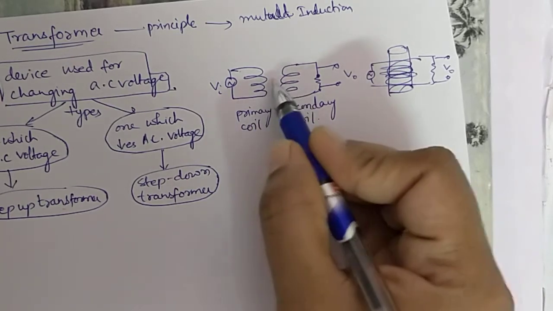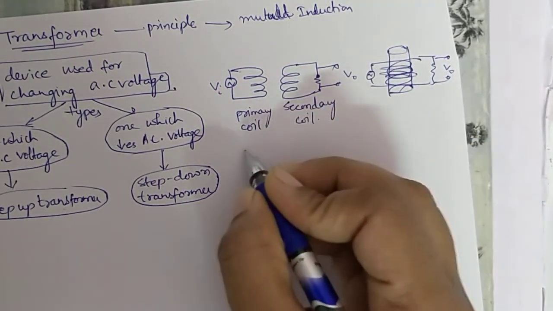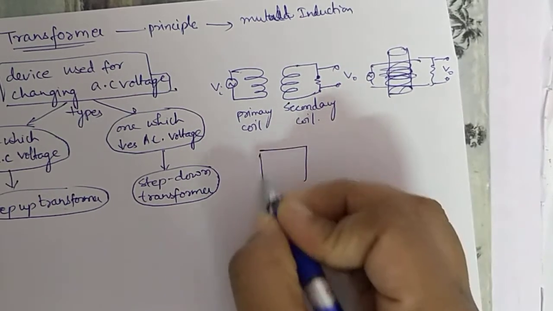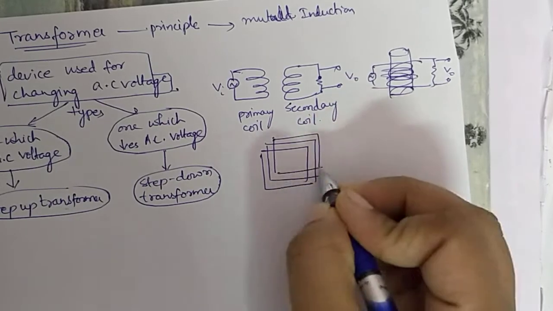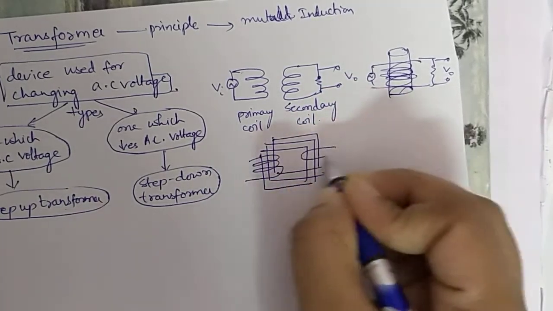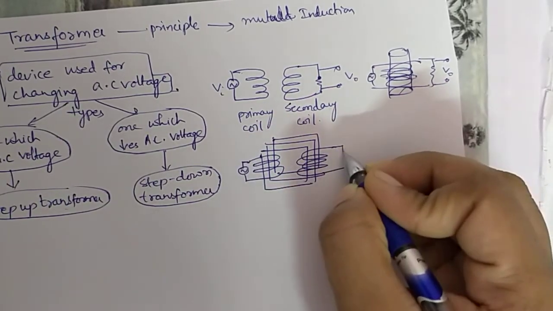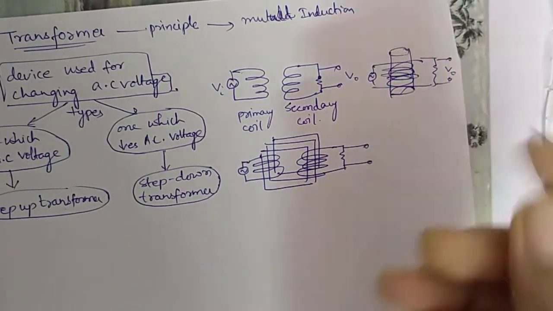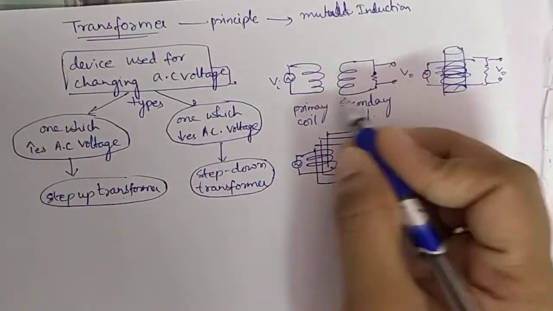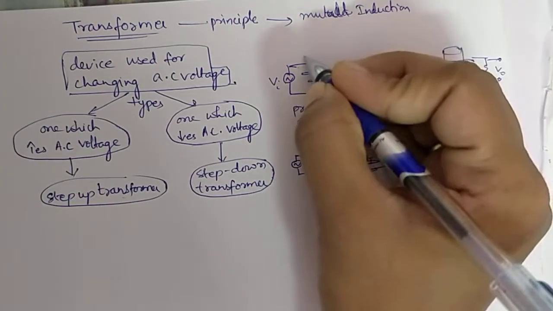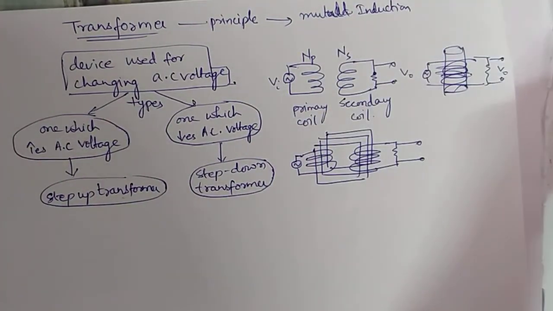If there is no core inside, this is the case in the diagram. And if you have a laminated core, we make it like this. These are the different sheets, and here is your primary coil and here is the secondary coil. The number of turns in primary and secondary depends on what type of transformer you want to have, which we will see later. The number of turns in the primary coil is NP and the number of turns in the secondary coil is NS.